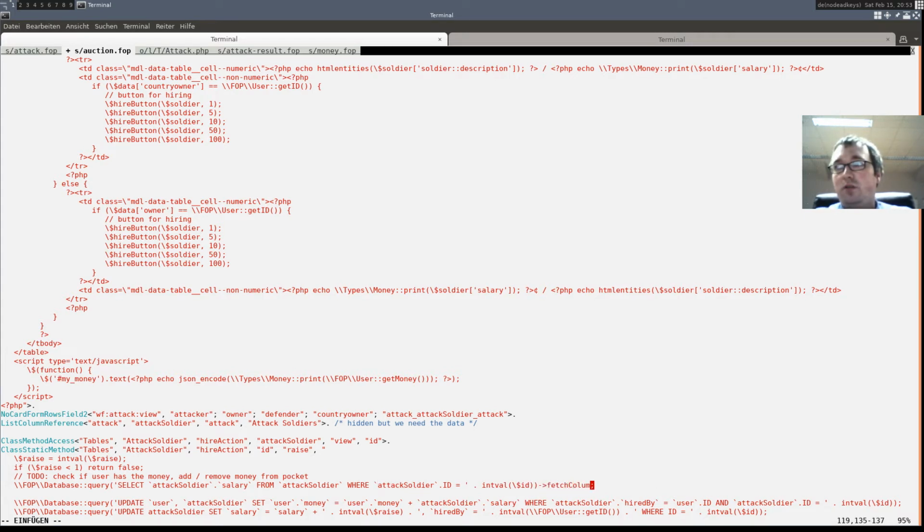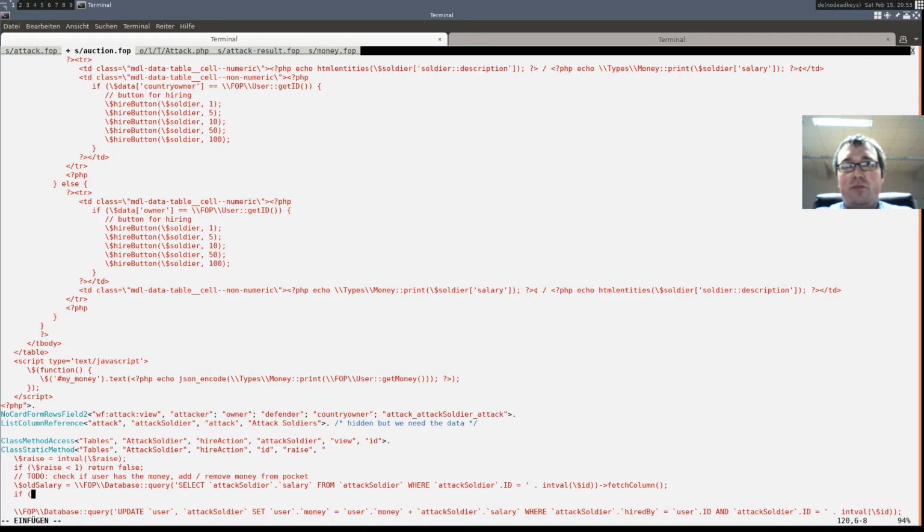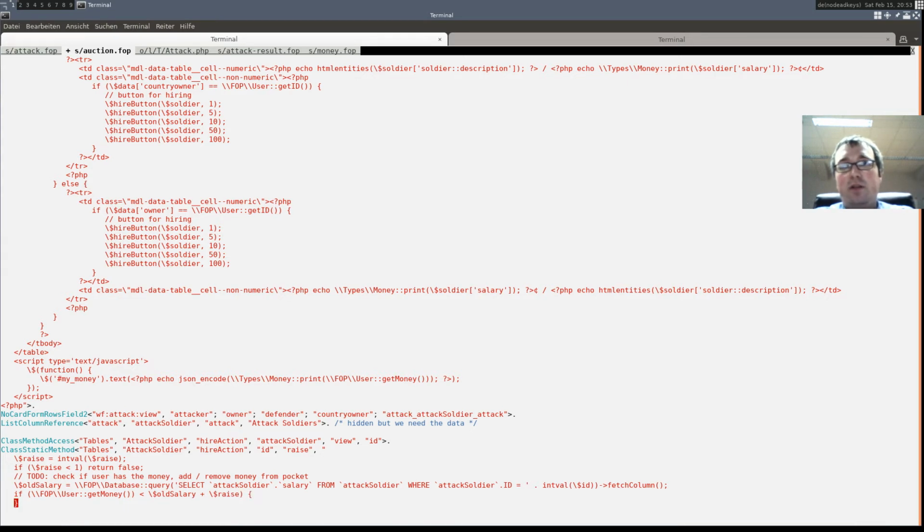Fetch column old salary is so and so. If fob user get money is smaller than old salary plus raise, then we have to return false.